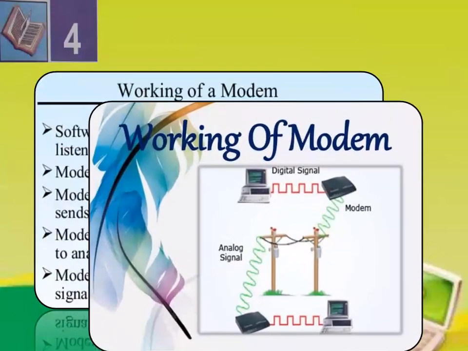So here we can see a complete diagram. On the diagram here we have analog signals. These analog signals pass to the modem. It will convert them into digital signals and pass them to the computer. Here the analog signal passes to the modem, and the modem converts it into a digital signal and then sends it to the digital computer. So this is called modulation and demodulation, and the modem is a modulator and demodulator to convert the signals from digital to analog and analog to digital.